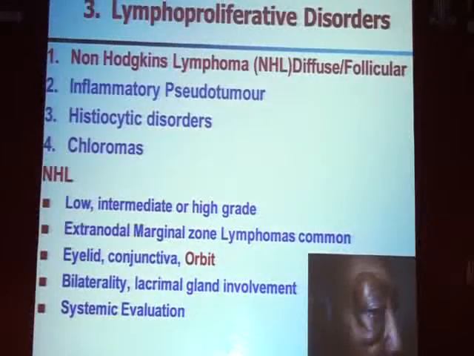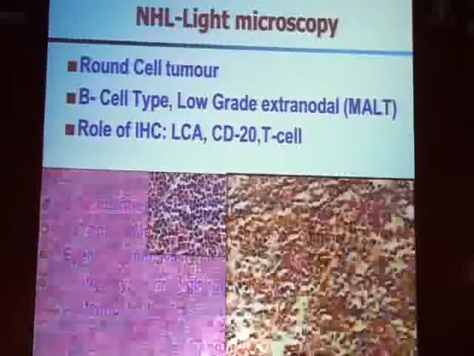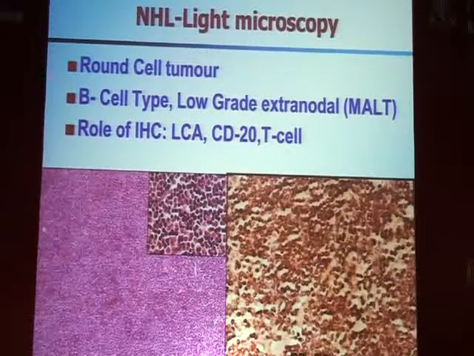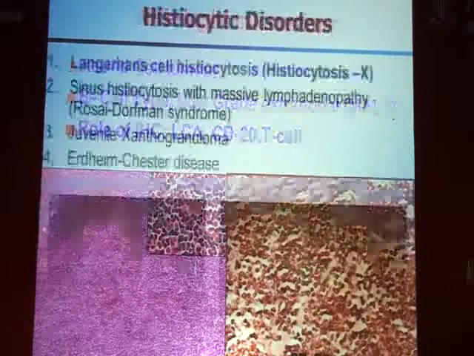Now coming to the lymphomas, which Dr. Ruchi had covered. In adults also we can have non-Hodgkin's lymphomas, which can present as primary masses or as a result of secondary spread, and most of them are low-grade lymphomas. Immunohistochemically, most of them are B cell type. These are those of the myeloma type or the low-grade extranodal lymphomas. They have a good prognosis, but they need to be followed up for systemic spread.